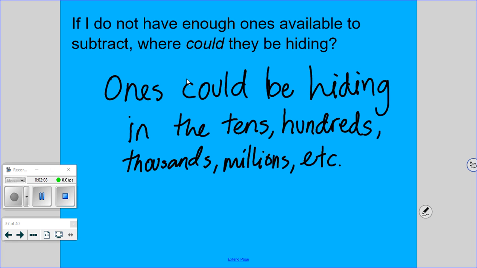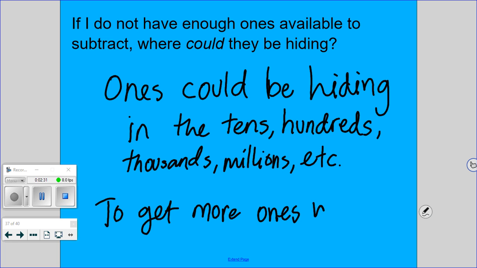They could be hiding in the tens, and they traded, and then now you want the ones back. Beautifully said. To get more ones, we have to steal, or trade,